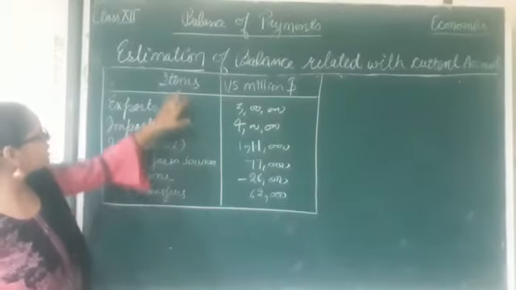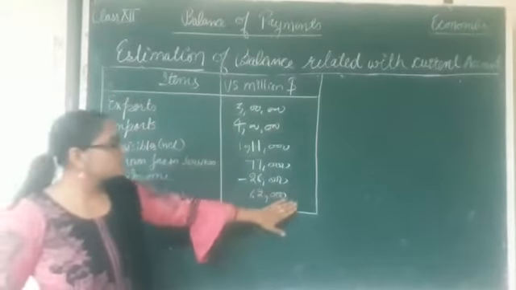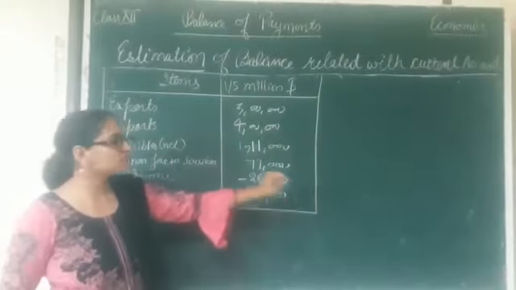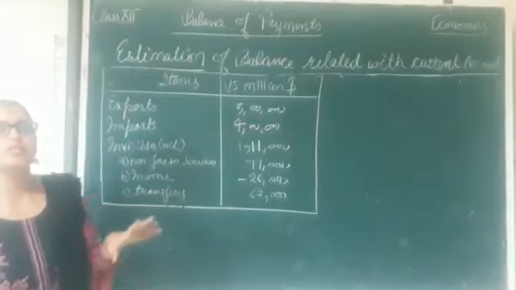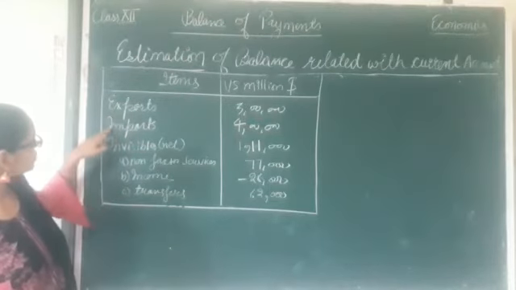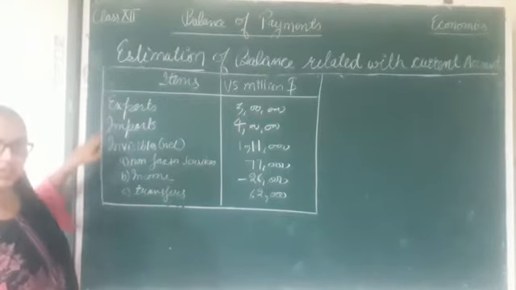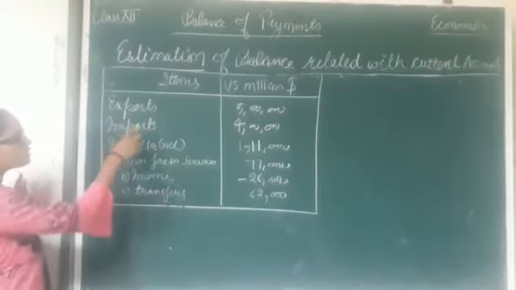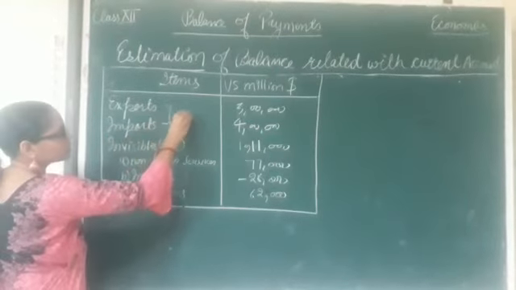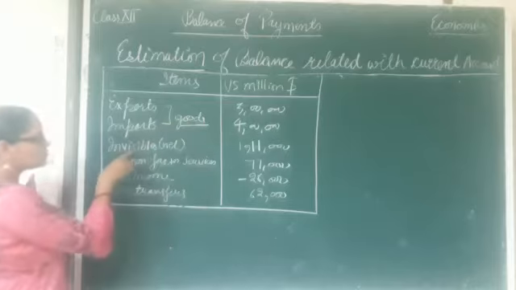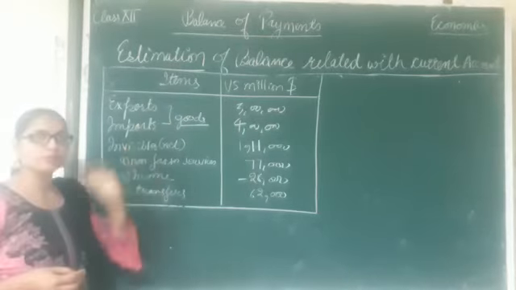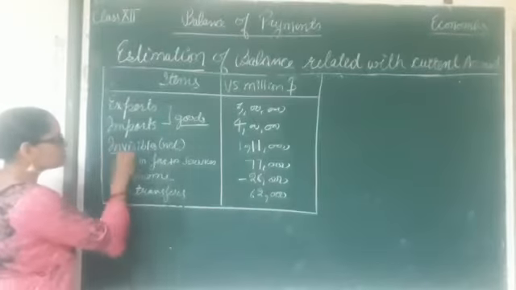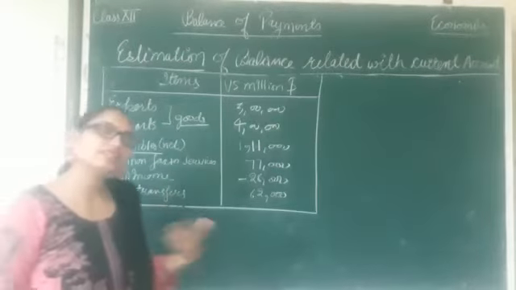Here you can see we have given items and their values in US million dollars. Clear? Exports include export of goods, whenever nothing is being explained here. You can see export, import and invisible. Three items are being given here; export and import are of goods. If nothing is mentioned and invisible is given separately, then it means this is of goods only, material goods. Clear? Invisibles include both services as well as current transfers.